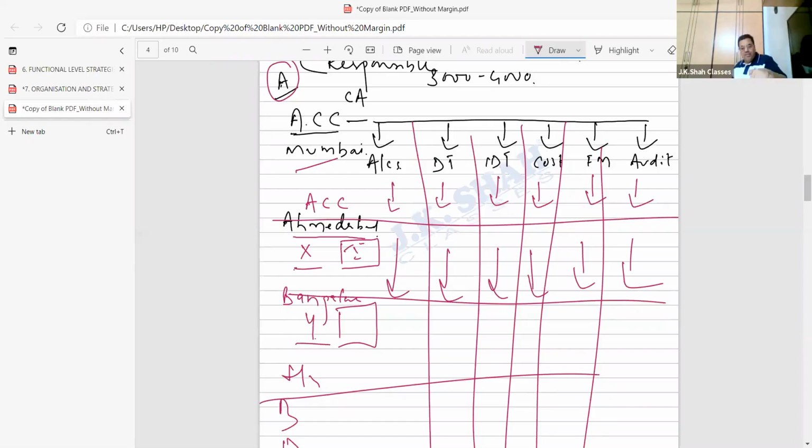Where did this structure start? In USA. One company was given the order to construct an airport in Washington. So this is a good engineering company. They had an engineering department, contract department, drawing department, accounts department, and with that department in Washington, they started doing the work. They're doing the work excellently.